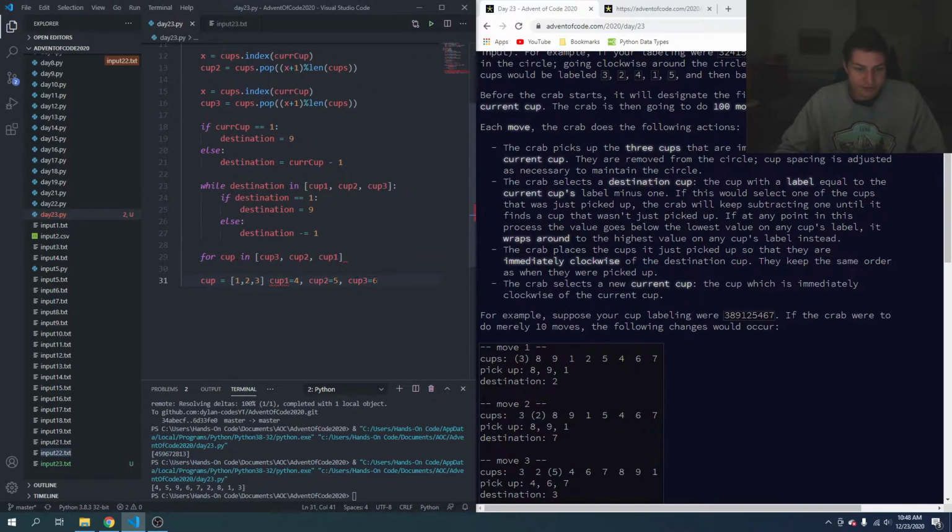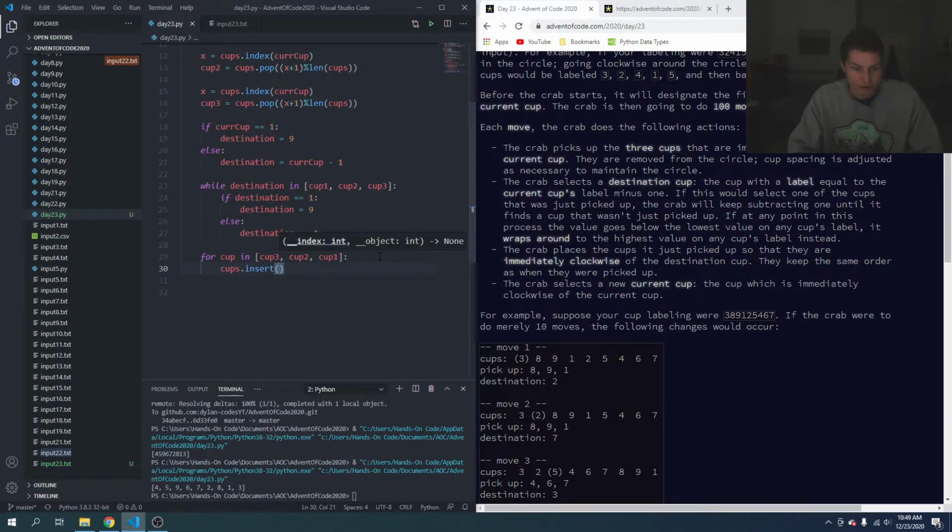Well, if I wanted to insert them in the order that we picked up, if I said list.insert 4, then we'd get 4. But then if we said destination.insert 5, we'd get it like that, and it'd be backwards. So if we go in the reverse order of 3, then 2, then 1, then we'll be in the correct order. So then we can just say for cup in cups,